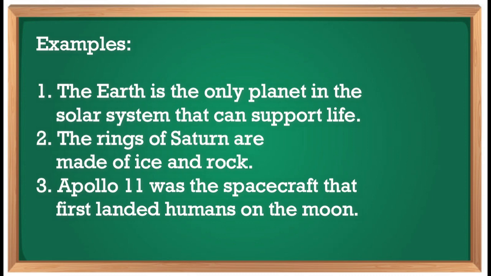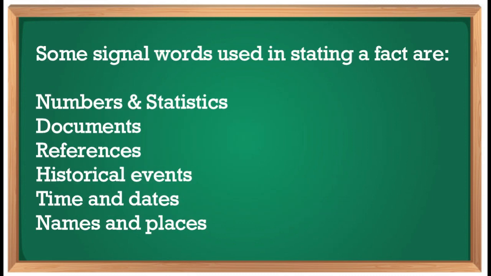What can you say about these examples? That's a good note. Our first two examples are based on scientific observations, while the third one was a historical event. Some signal words used in stating a fact are numbers and statistics, documents, references, historical events, time and dates,